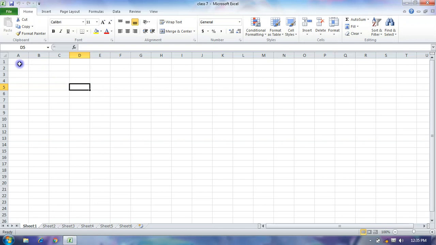You can type in the cell by double clicking and typing your text. Each cell has an address, known as the cell address. Like when we click here, it is cell E2, and when you work in any cell, it is highlighted by yellow color.